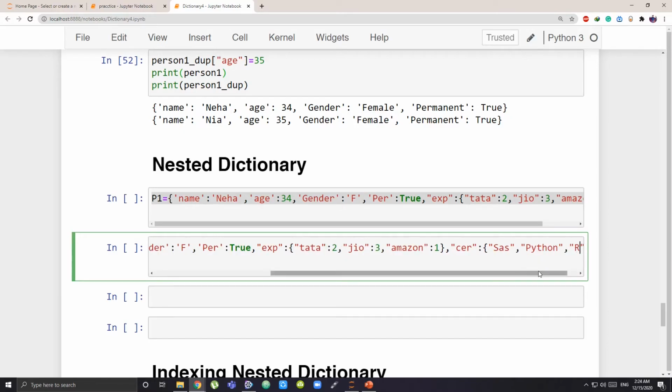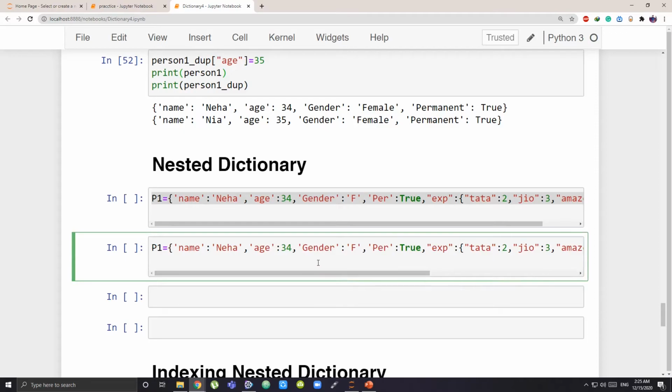Obviously these are my keys, and this is a big dictionary, so it has to have values. Maybe I'm having the grades or marks. Let's take the marks. That person is having 90% for the SAS certificate, 75% for Python, and let's take 74% for R. So you can see there are two dictionaries inside a big dictionary. That's what you call a nested dictionary.